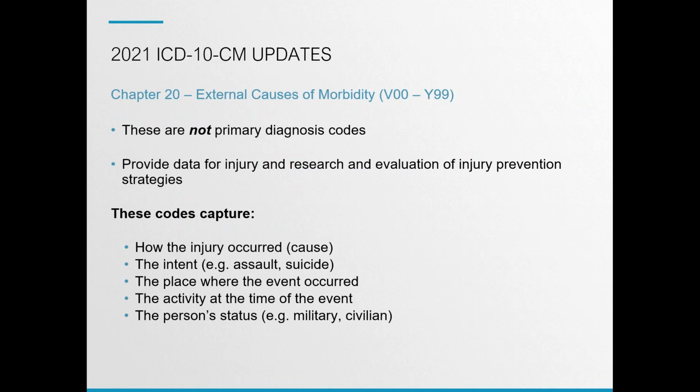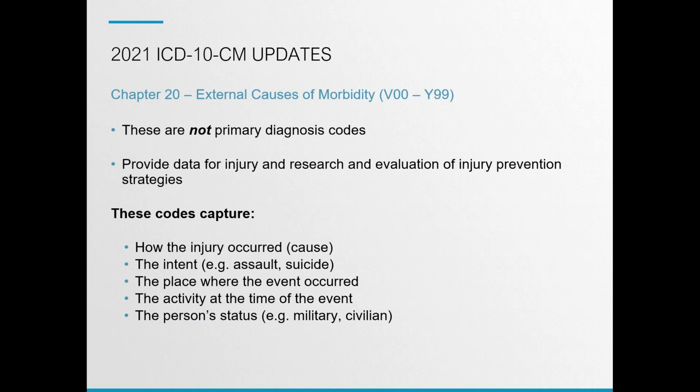On the external causes, these are not primary diagnosis codes. They just provide data for injury research and evaluation of injury prevention strategies. These are your V codes and your Y99 codes. And these are used to just send information to the carrier of how that injury occurred, where it happened, the